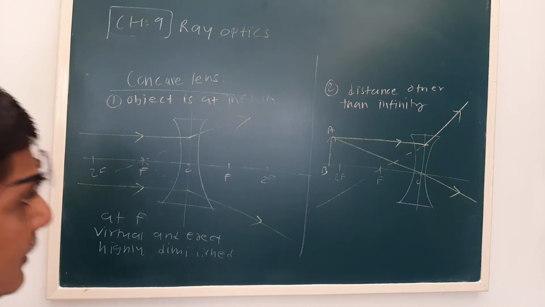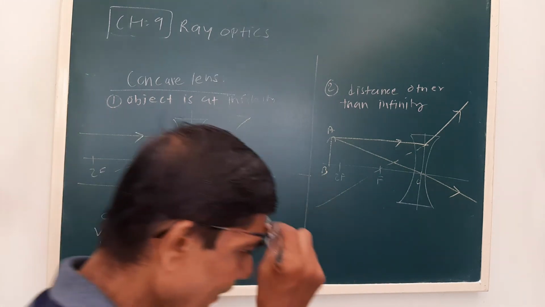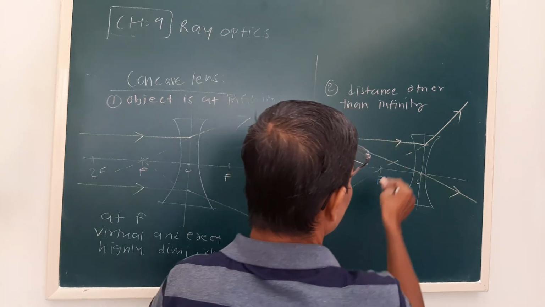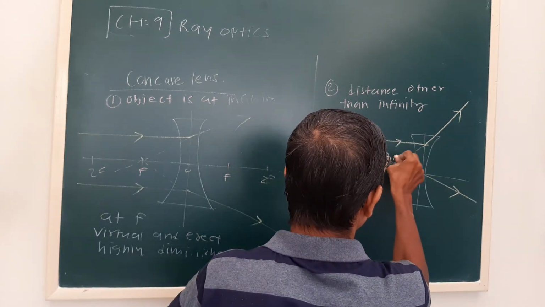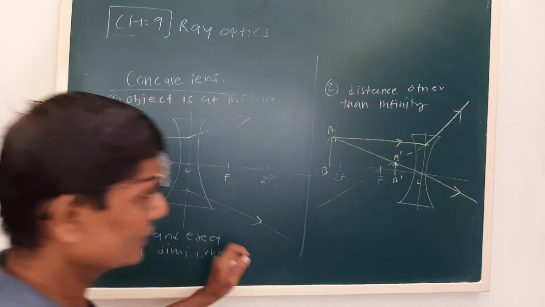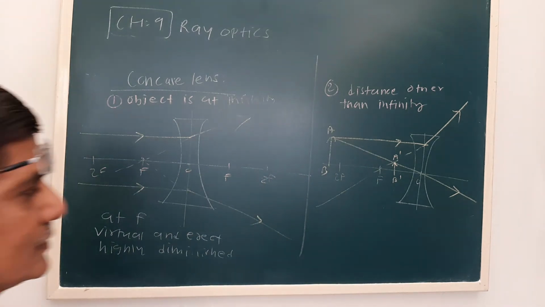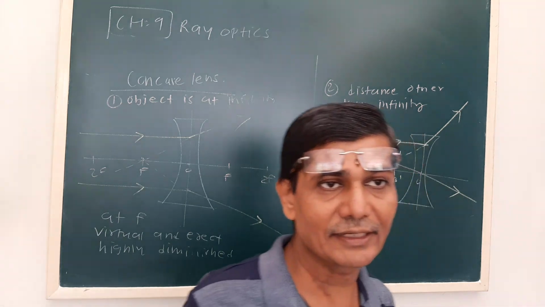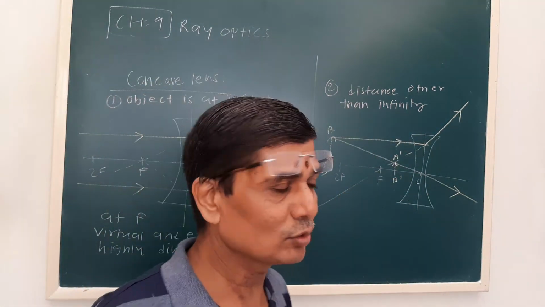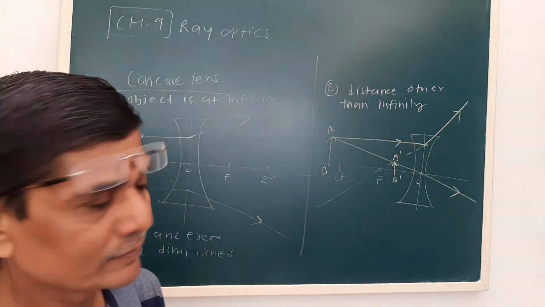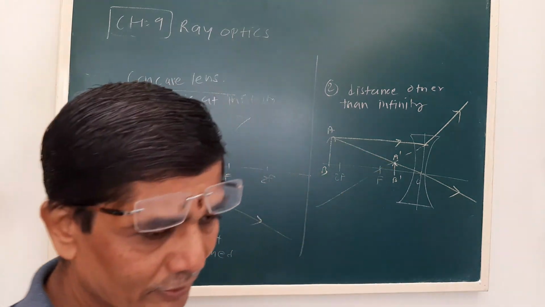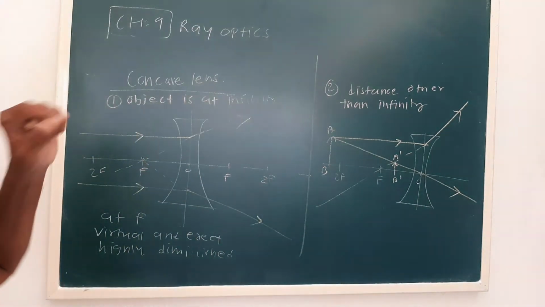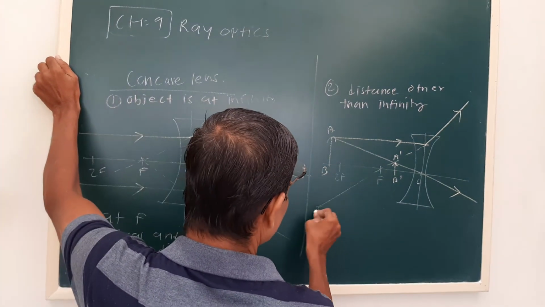We produce these rays to meet here. Let us say the image formed is A dash B dash. Because it is a diverging lens, the rays were separated, but when we produce them back, they meet at point A dash, and at A dash B dash the image is formed. So here the image is on the same side